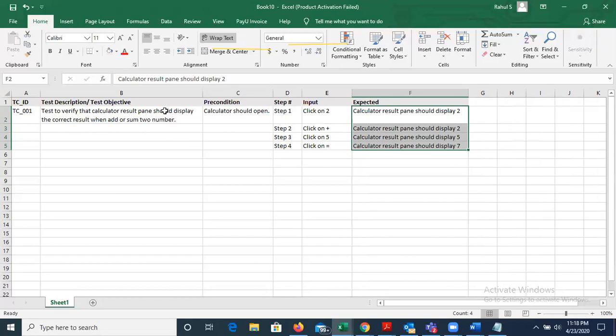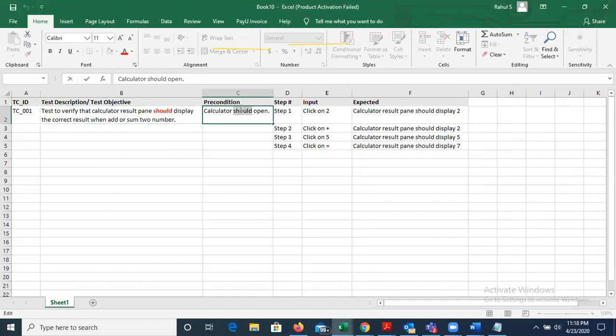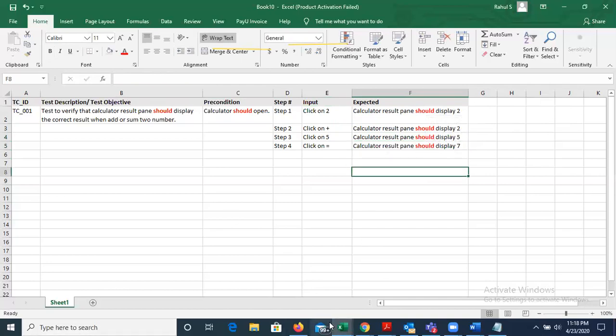Now if I look at my test case, let me first mark something, it will help you understand. If you see in this test case, everywhere I have used the word should, not will, shall, may, like that.